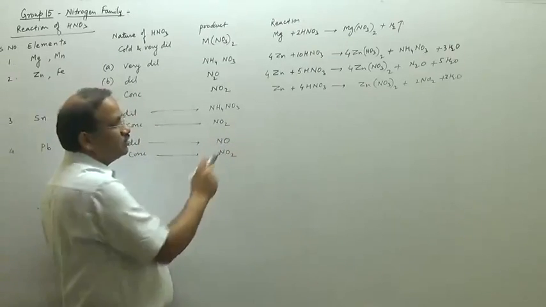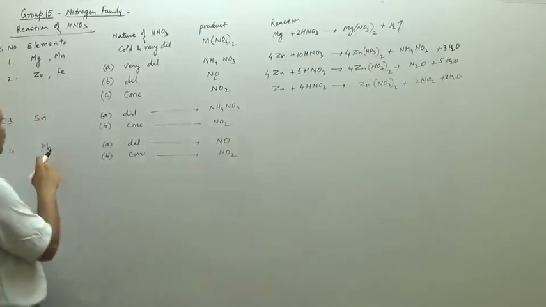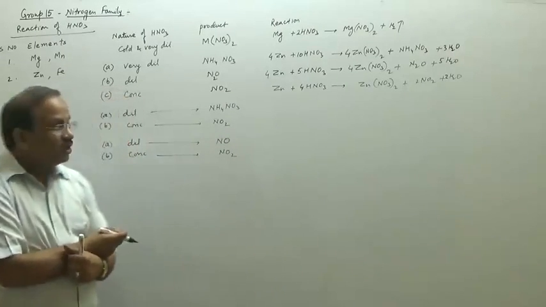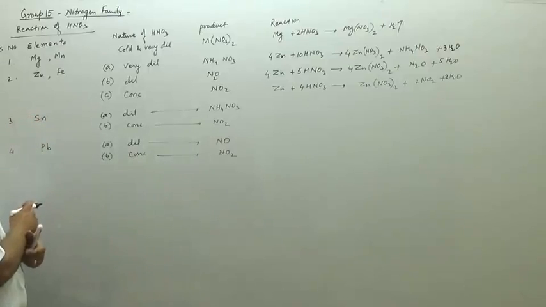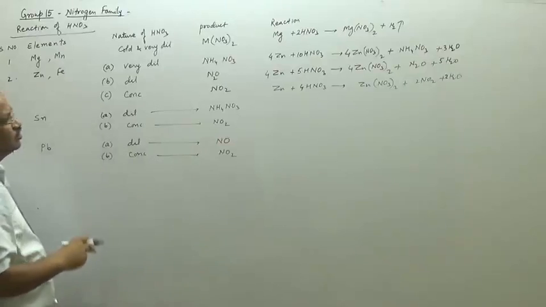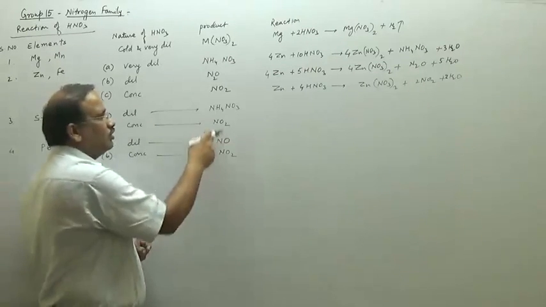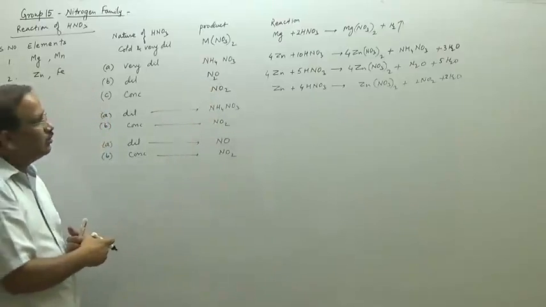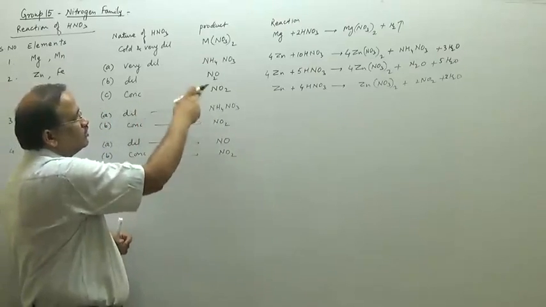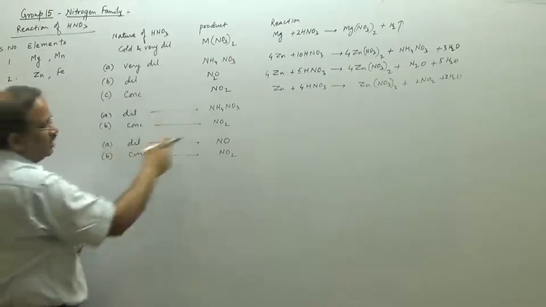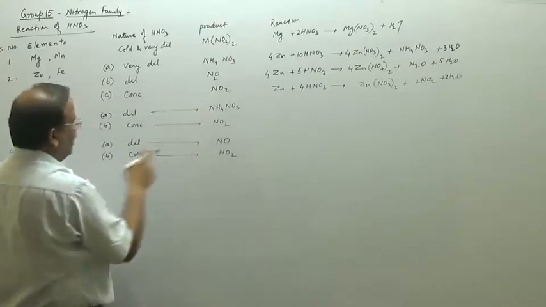So the change in oxidation state depends on the electrochemical values, that is, the reactivity of these elements. If we talk about the reactivity of elements, more reactive elements liberate hydrogen, but the less reactive elements form... with concentrated it is always NO2 which is liberated, but with dilute the products may change sometimes. With zinc and Fe it is N2O, with Sn it is NO, that is ammonium nitrate, and with